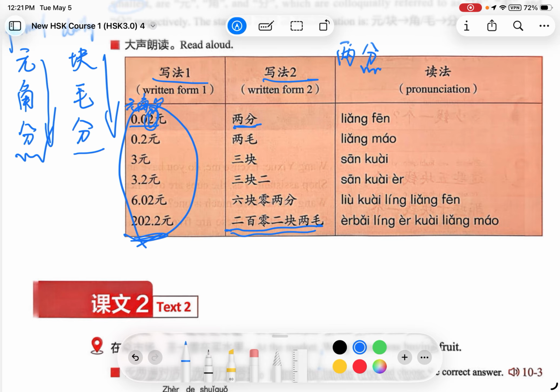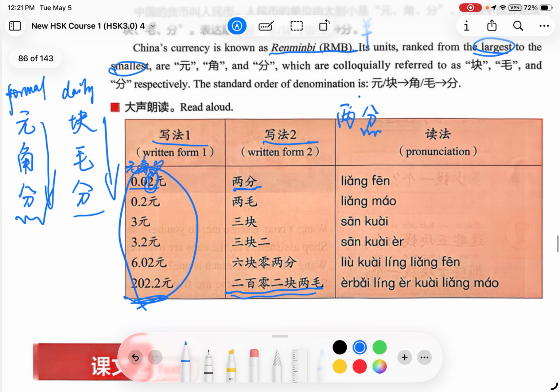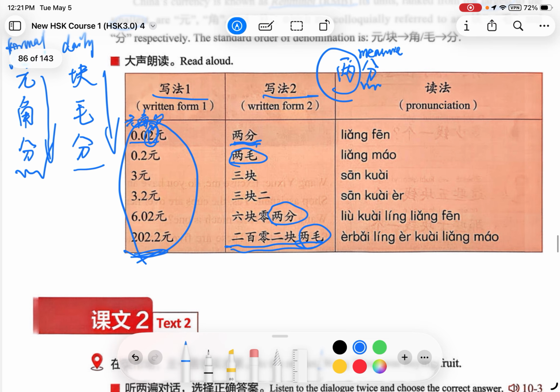The measure word, right? We use 两, so we have 两分, 两毛, 2毛. But other situations we use 2, like